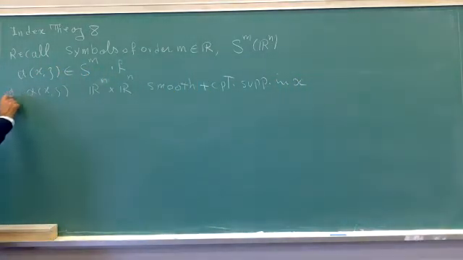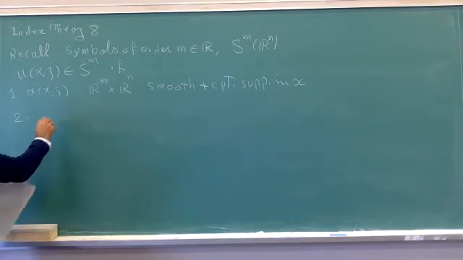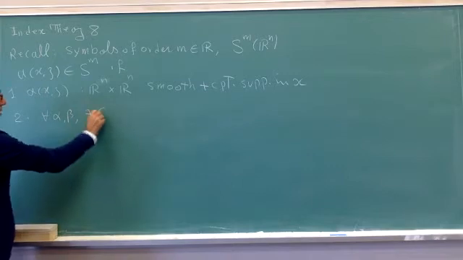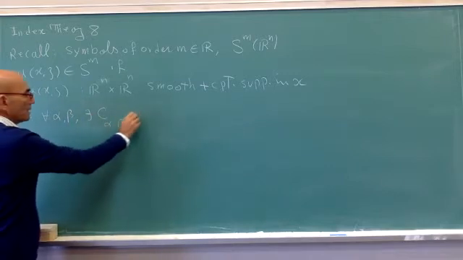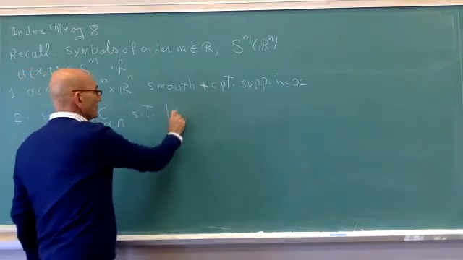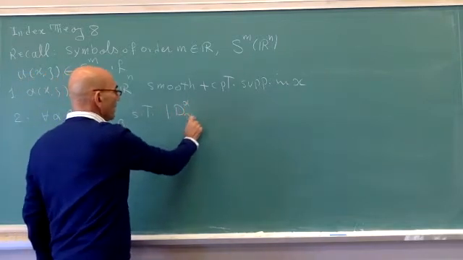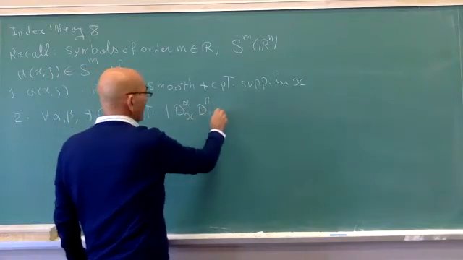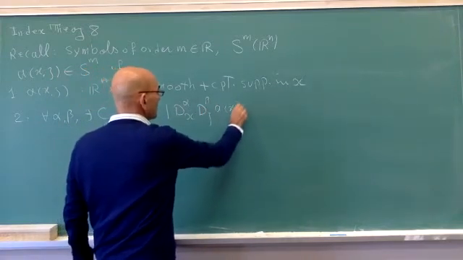And the second one was this growth condition that, differentiating, for any alpha and beta, there exists some constant C alpha beta such that the absolute value of d alpha x, d beta ξ of A of x and ξ